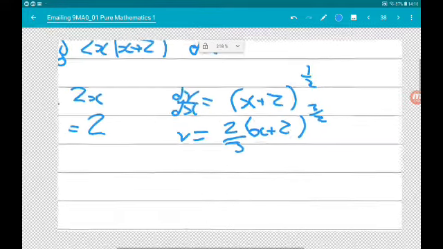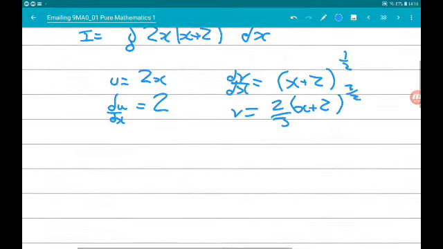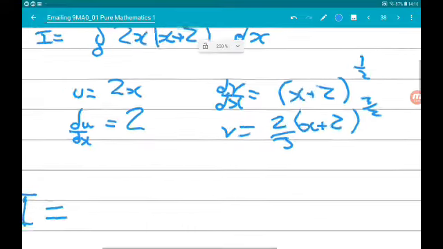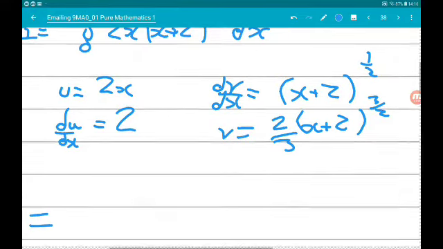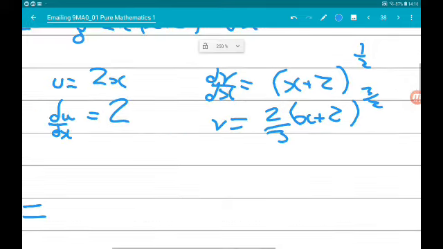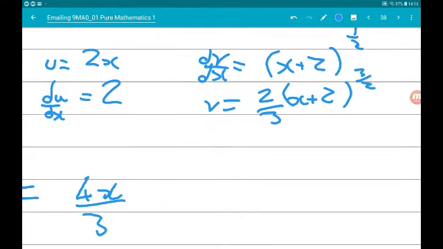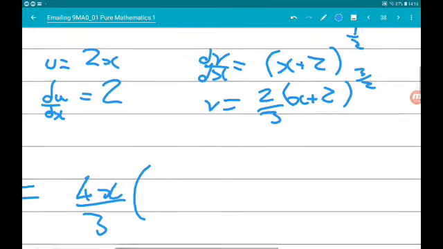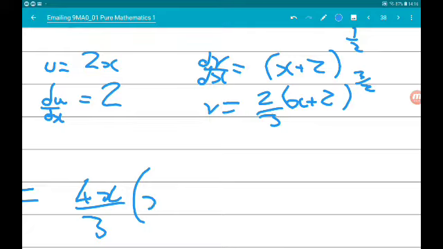So, up to here then we can say that I is uv, so 2x times 2/3 x add 2 to the power of 3/2, so we can say that's 4x over 3 times x add 2 to the 3/2,